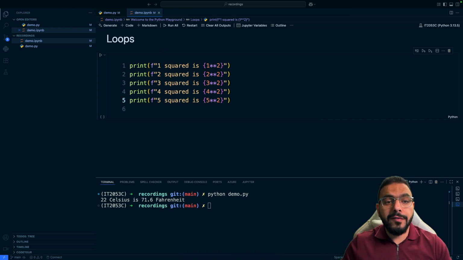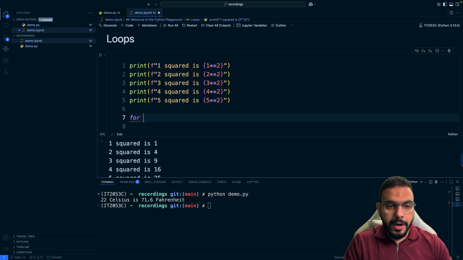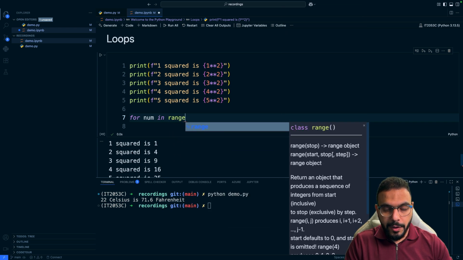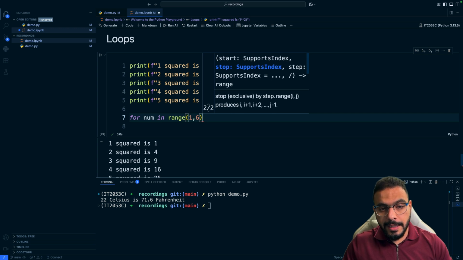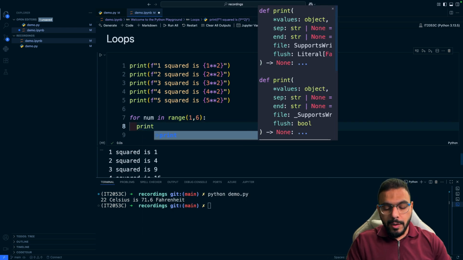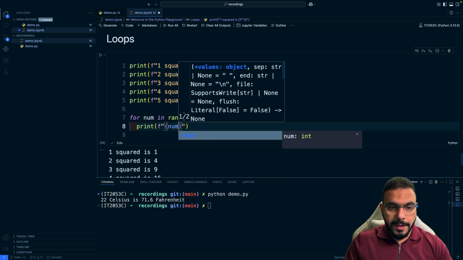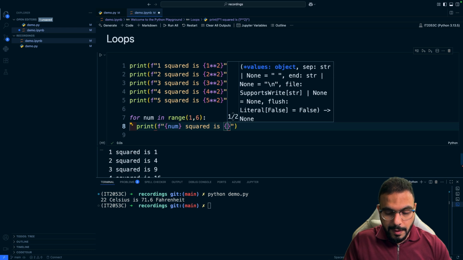So instead of having 5 lines where we're basically saying each one of those numbers squared is, and whatever the value is, we could do a for loop where we are looping over for num in a range of numbers starting at 1, ending at 6. 6 here is exclusive, so it's not included in the list of numbers we're going to be looping over. For each one of those, I want you to print whatever the number, squared is, and then we do num